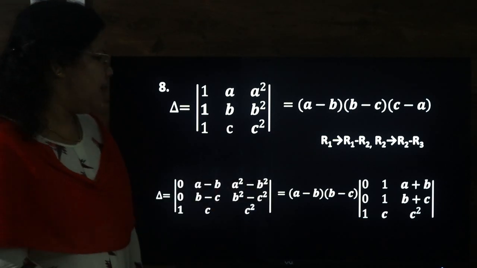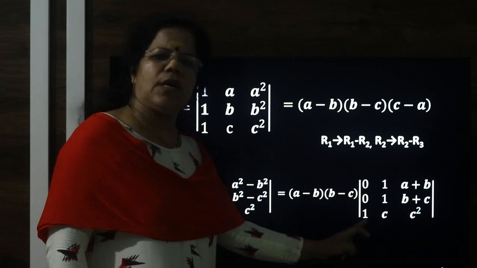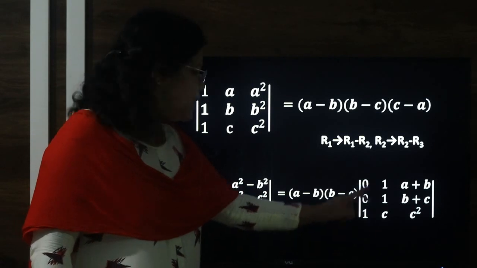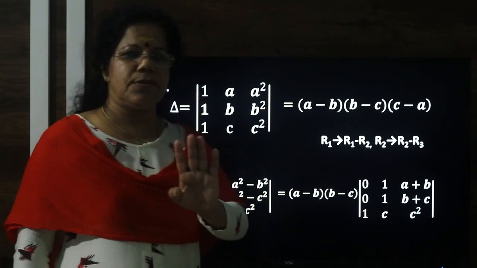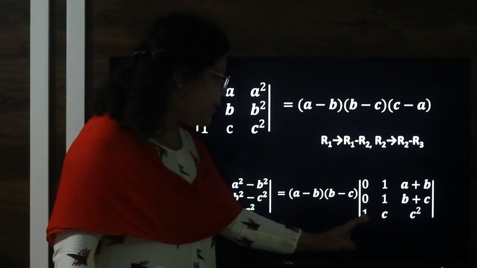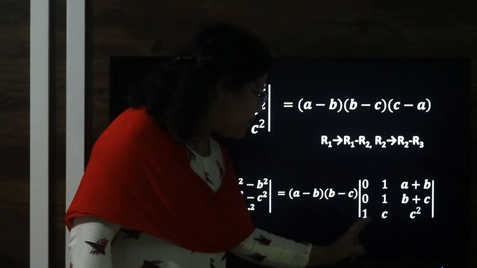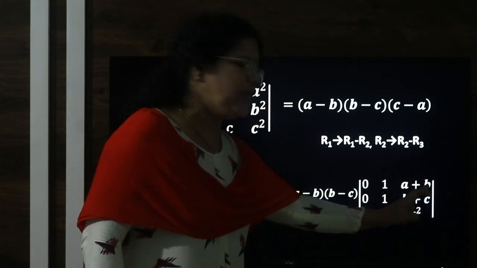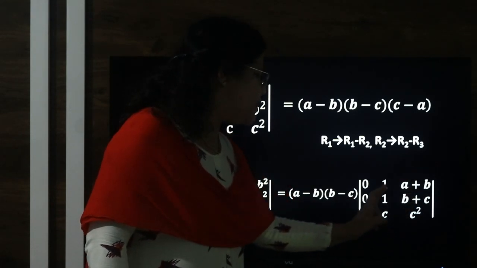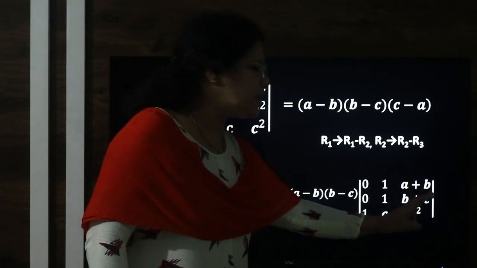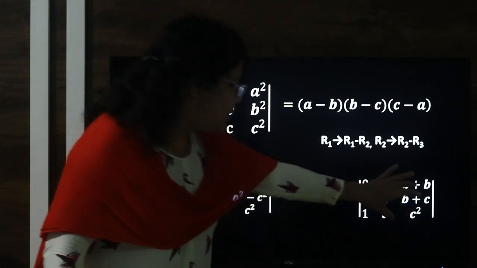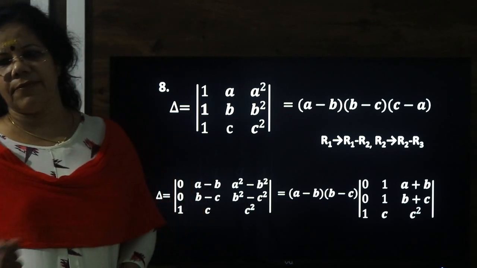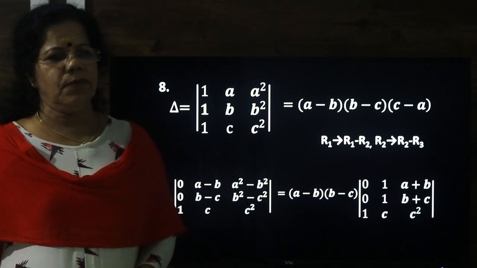Now see, directly expand using the first column. Why do we prefer the first column? Because here maximum zeros are there. So it is positive, negative, positive, that also you have to keep in mind. Here it is 1 into delete that column and row. This is the resulting one. b plus c minus a plus b. So this b and b cancels. Finally we got b plus c minus a plus c, which is equal to c minus a. So this determinant is c minus a. Already a minus b, b minus c, we got the factor. So what is the final answer? a minus b into b minus c into c minus a.